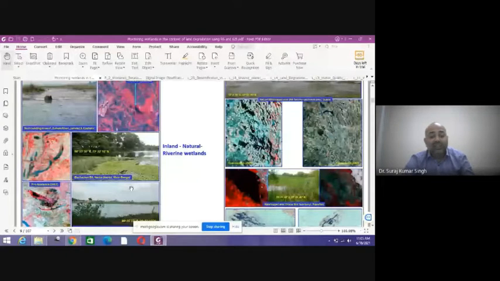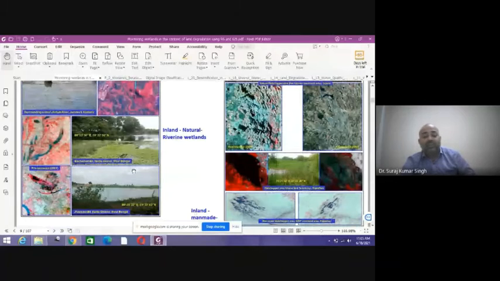So these are wetlands that are created along the river, and you can see that some scrubs are grown over it, and how it will be seen. You won't see the water as a pure color; you will see it with the scrubs pink or red in color. So that is indicative of various kinds of scrubs grown in that area.